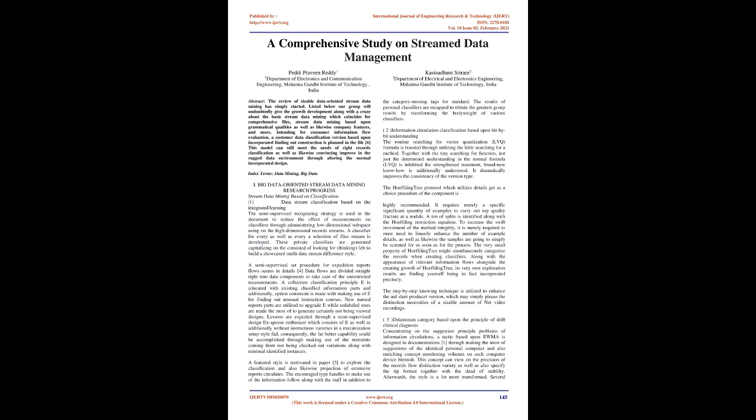Consequently, better performance could be achieved by using the constraints coming from unseen variations along with limited labeled instances. A featured model is proposed in paper 5 to explore the classification and prediction of large data streams. The proposed model manages to use the data structure along with the missing labels as standard. The results of individual classifiers are summarized to obtain the best group results by adjusting the weight of various classifiers.